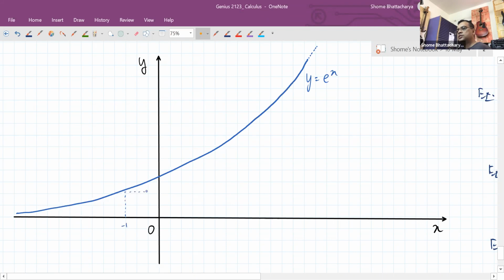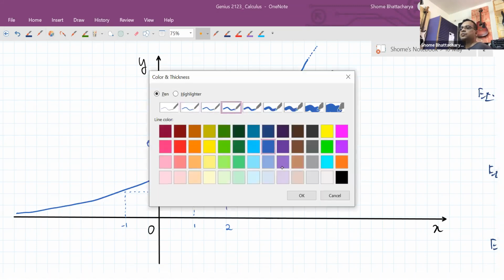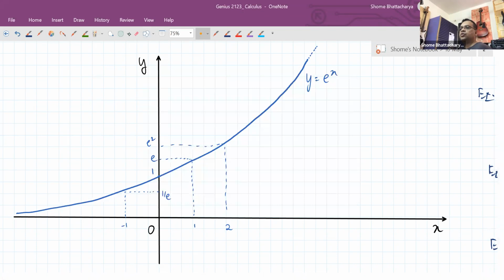the value of y is 1 by e. At x equal to 0, the value of y is 1. At x equal to 1, the value of y is e. At x equal to 2, the value of y is e square, and so on and so forth. Now the interesting thing is if we draw the tangent at various points, you can see that the slope of the tangent is such that